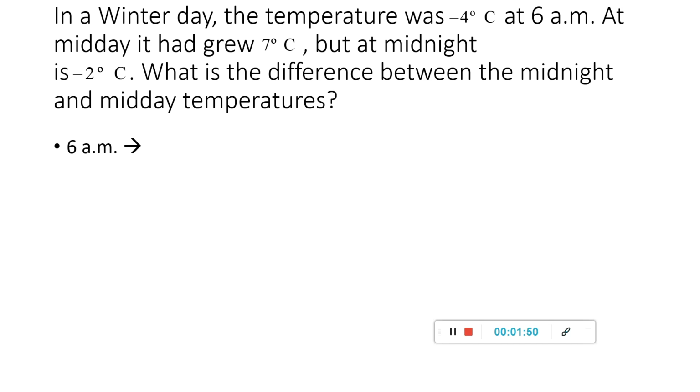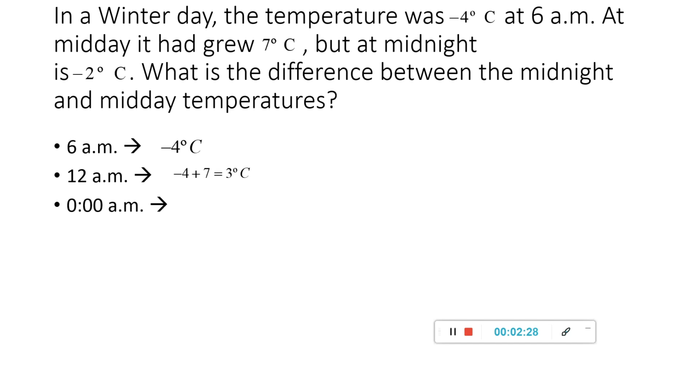Okay, we know the first temperature at 6 a.m. was minus 4 degrees Celsius. At 12 a.m., in other words, at midday, it was 3 degrees Celsius because it has grown 7 degrees Celsius, so we have to add 7 to minus 4, which is 3 degrees Celsius. At 0 a.m.,